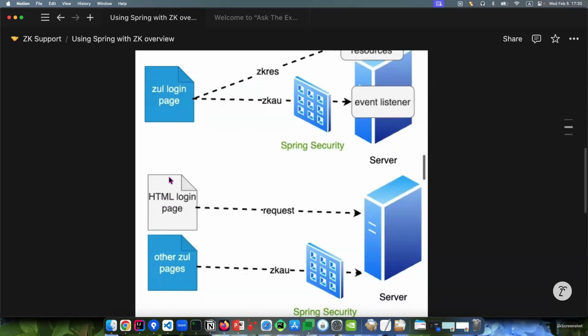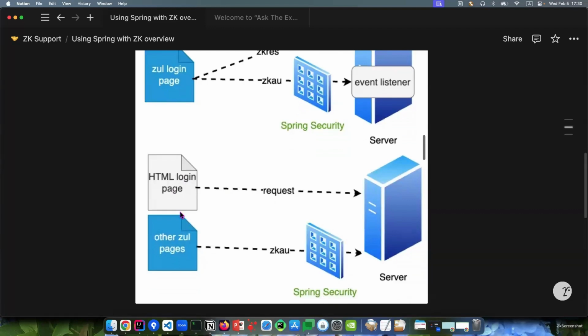maybe HTML or anything, then this part is not related to ZK. So you can make an exception for this, no matter what kind of static resource you require; you can just configure it for this page. Since this is not ZK, I won't talk too much, because it's case by case, depending on how you design your page. But this case is relatively simple, because the login page is not ZK, so you can make sure that everything